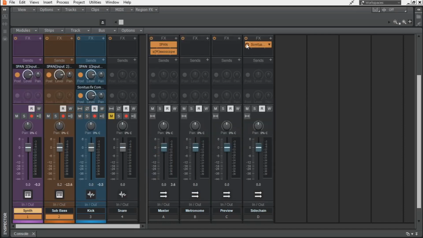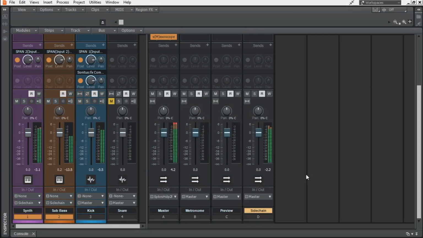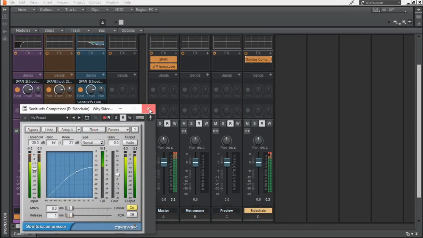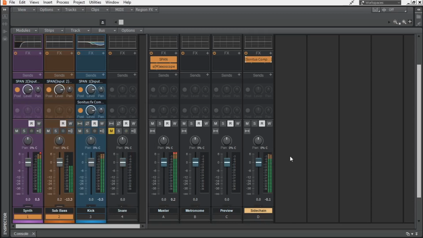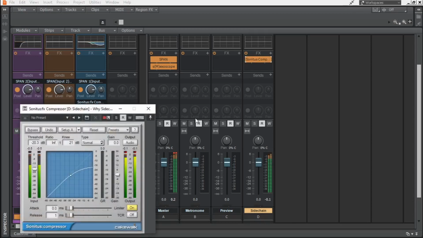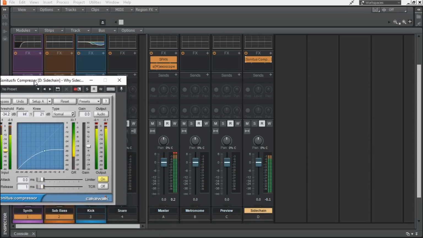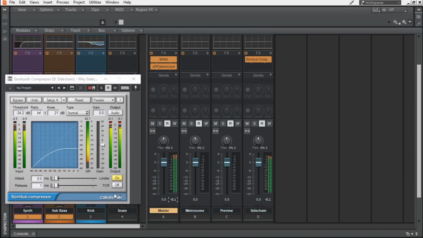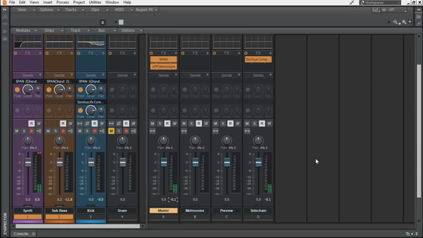Then check if the compressor parameters need any update. That was just a demo on how to do it.